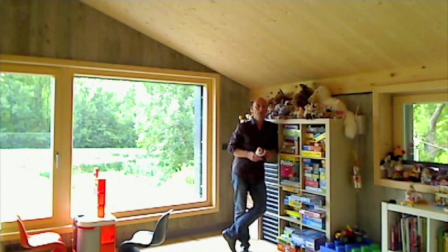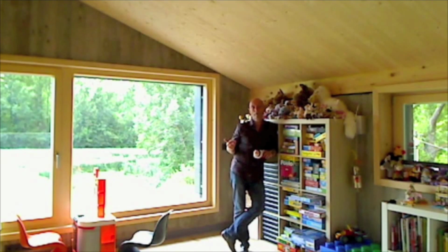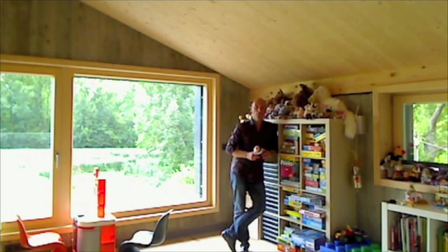So the clients have 2 children, and when we talk about the house, about orientation, insulation, airtightness, all of that, prior to that, very important is location. And this house here is situated in a rural setting, but the rural setting has a town center, a mature town center that has all the commercial, social infrastructure. There's a bus system around here. There's actually, within walking distance, even better, a train system here that commutes directly into the big city Munich. So you have everything basically you need in a community that you have in a city, but you are out in the countryside in a beautiful setting